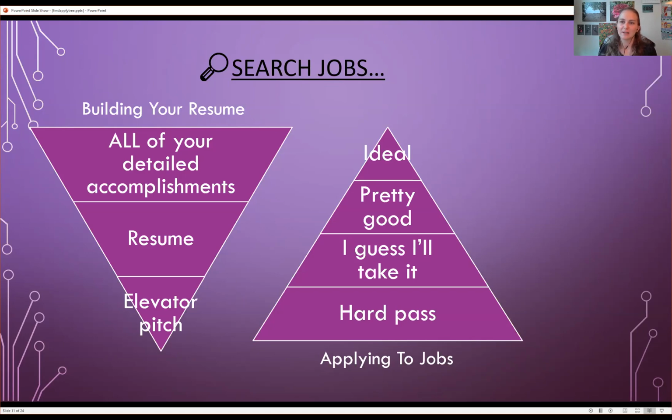So when it comes to an ideal job, I'll talk a little bit about this, but you know, first half was I'm a Java Spring Boot developer,